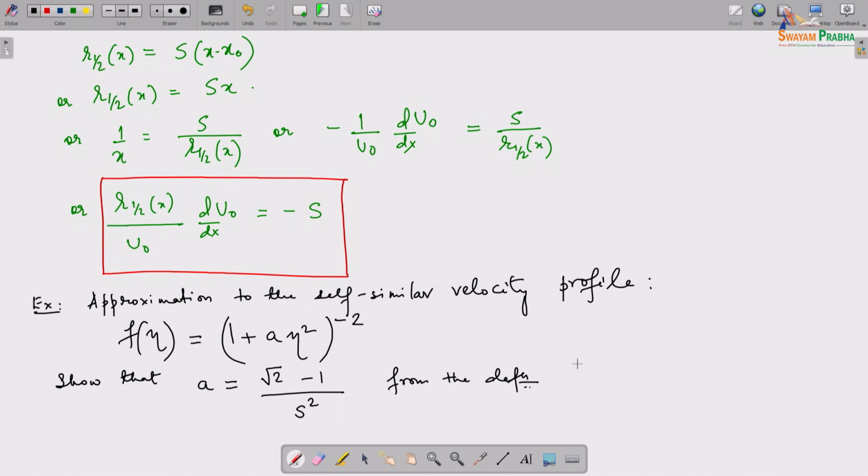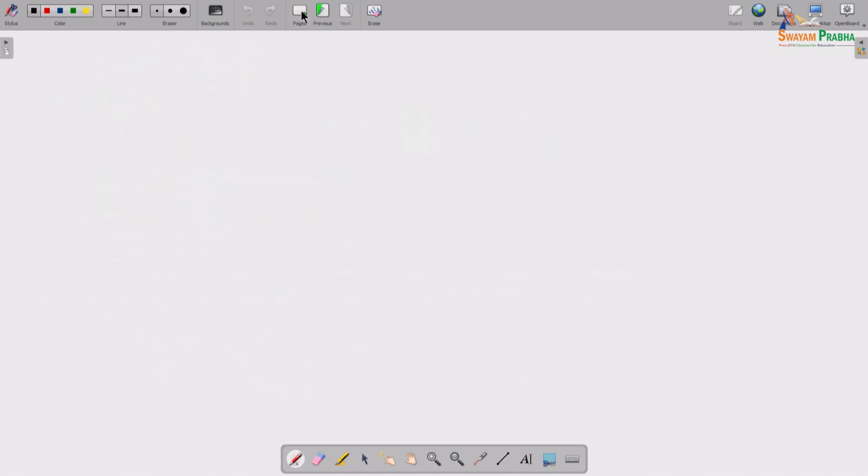From the definition of r half. Okay, so let us see how we will proceed to that. Okay, now eta